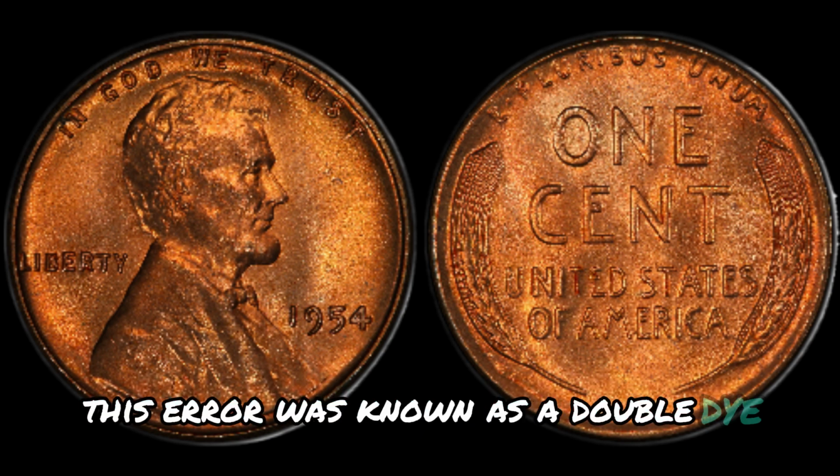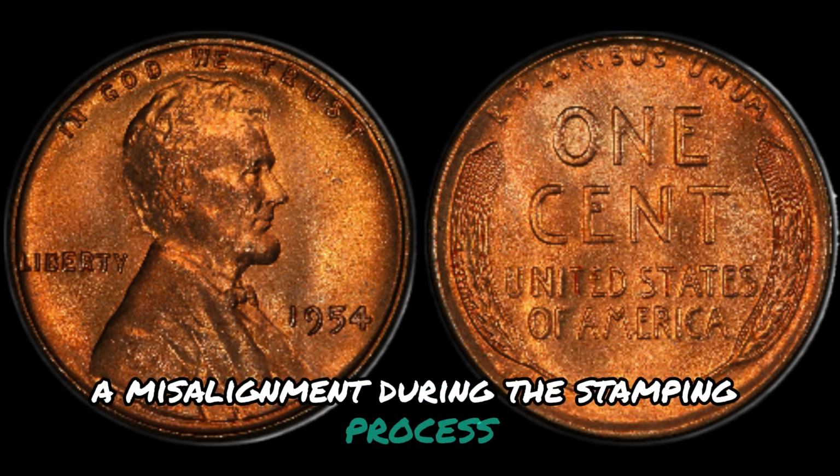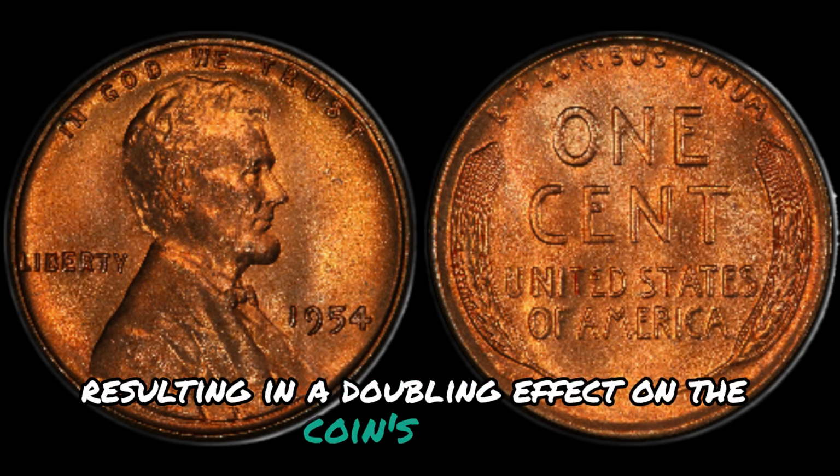This script will engage viewers with a mix of storytelling, historical context, and practical tips while keeping them excited about